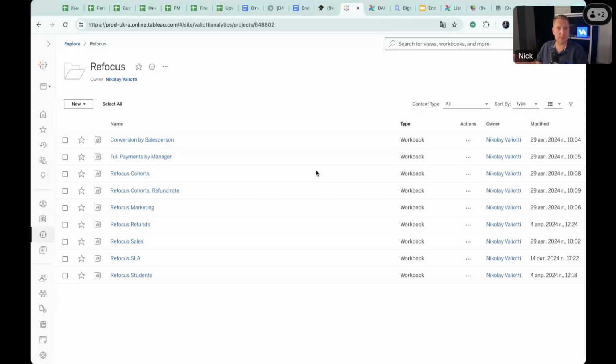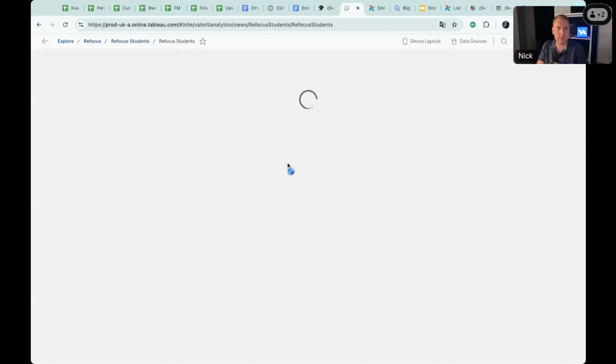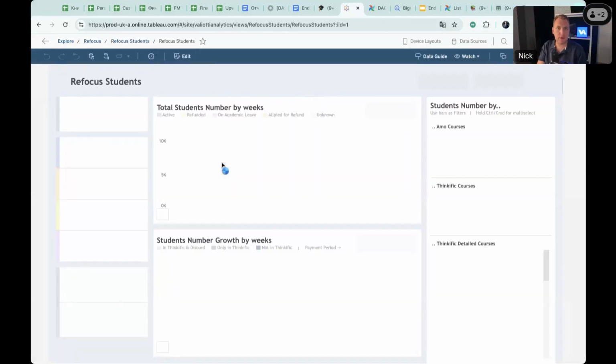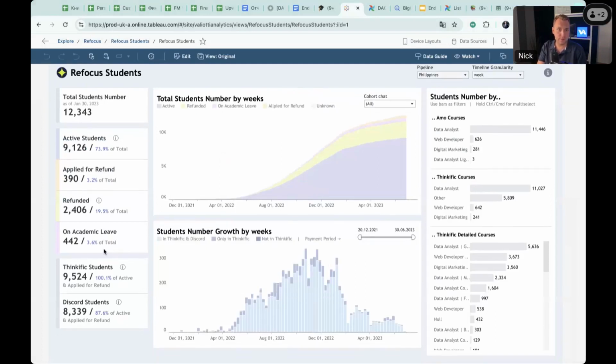Yeah, no worries. Okay, and maybe one more example, and then we can go back to the presentation. This is the report I showed in the very beginning, and this is the interactive version of it. So it wasn't just a static picture, but it was the same. This is super relevant to any